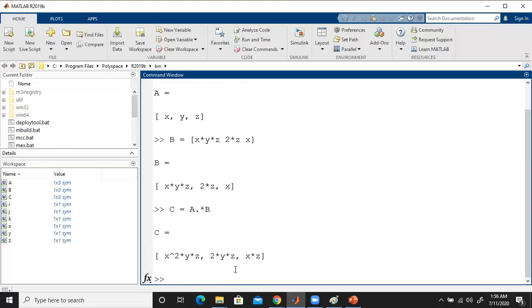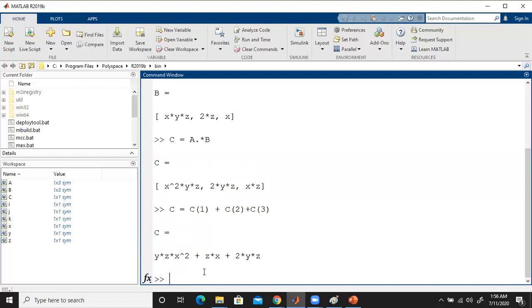Now we have to see that as a sum. As we did previously, we take the indices of that C and add them: C of 1 plus C of 2 plus C of 3. Once we do that, we get x squared yz plus zx plus 2yz as our answer.